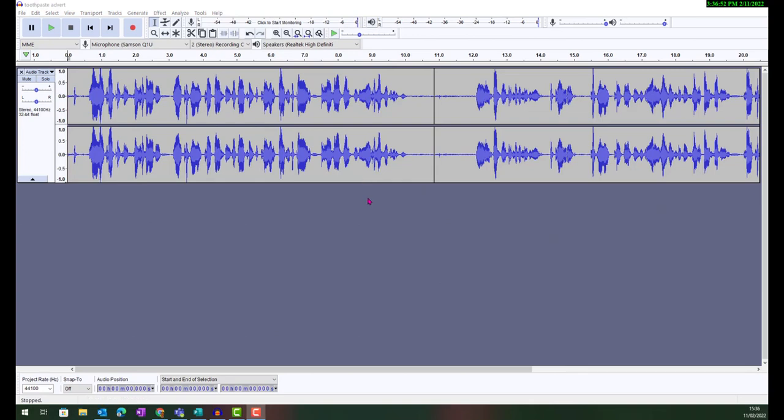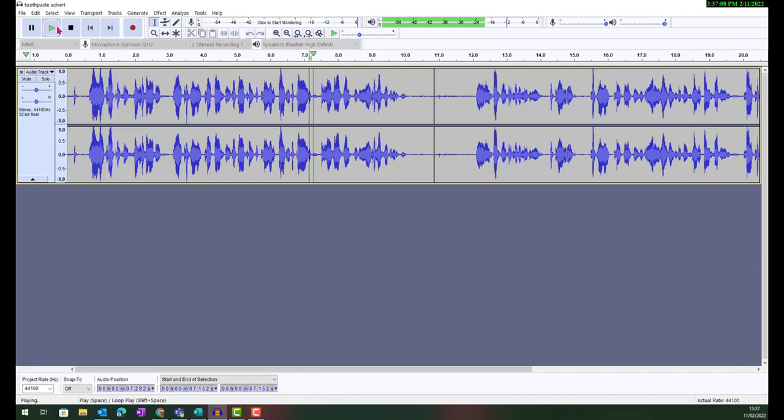So I've recorded my advert in 2 bits. This is the first part, then you'll see this black line, and that's where I started recording again. Now you might notice that there is a gap here where it's very quiet. So if I play this bit, if I just click there and then press the play button,